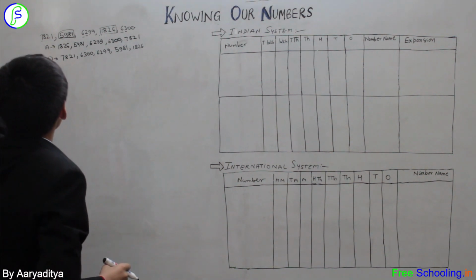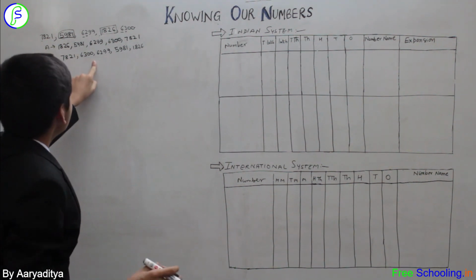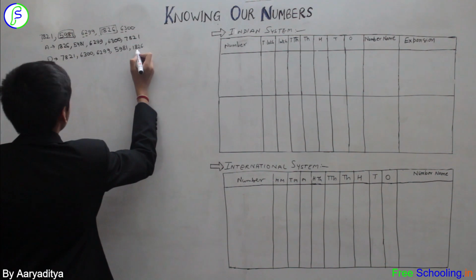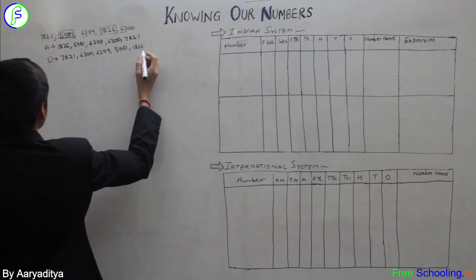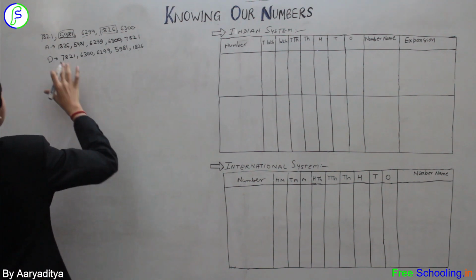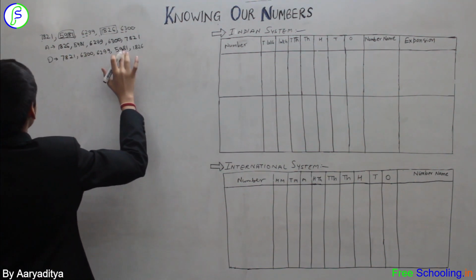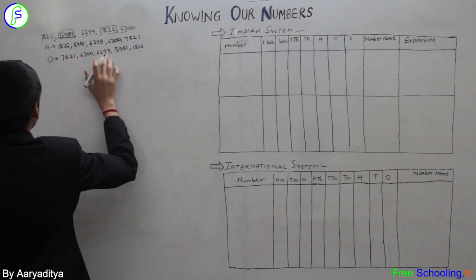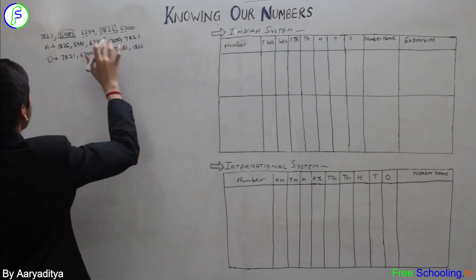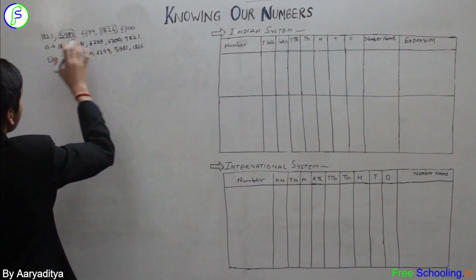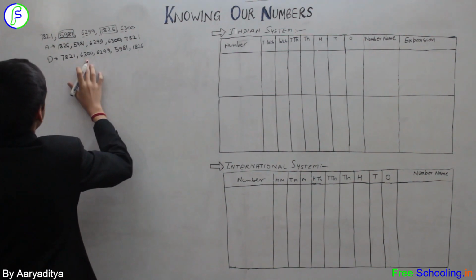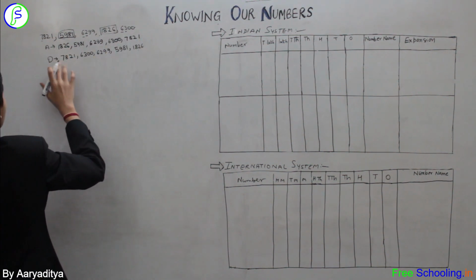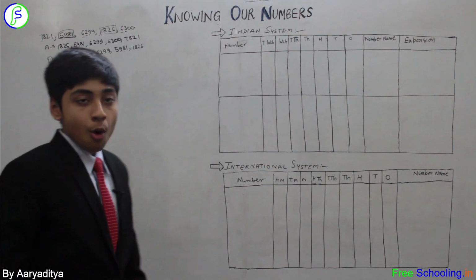So what do we see here? We see that descending order is just the opposite of the sequence arranged in ascending order. How? Let us look into it. The first number in ascending order, 1826, is the last number in descending order. The second number in ascending order is the second last number in descending order, that is 5981. The middle number of ascending order is the middle number of descending order, 6299. The fourth number of ascending order is the second number of descending order, that is 6300. And at last, the last number of ascending order, 7821, is the first one because it is the greatest number. Hope you all have understood it.